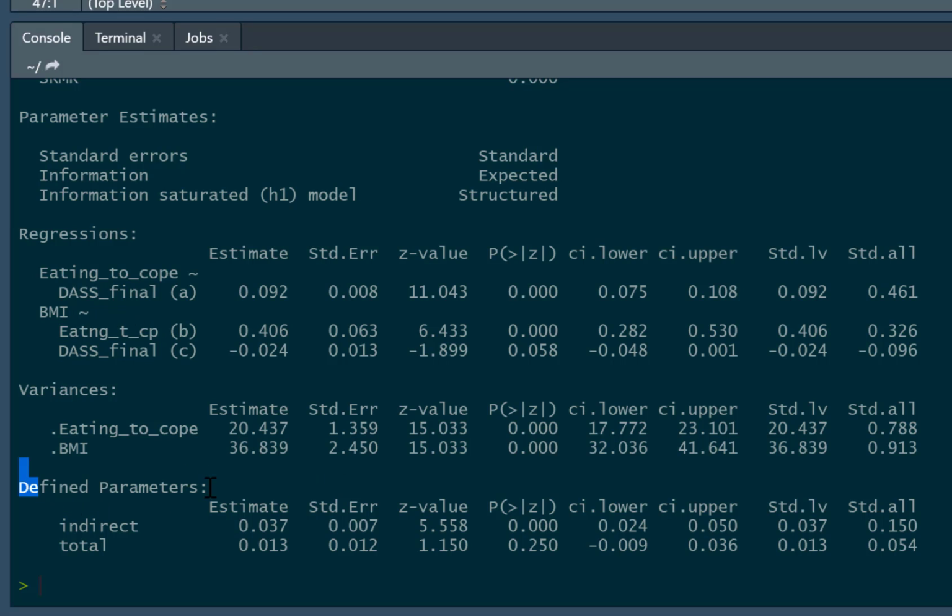And then we've got defined parameters. These are our new things. So we've got our indirect effect here. As you can see, we've got our statistically significant indirect effect with our regression coefficients, its standard error, confidence intervals, and it as a standardized value as well, and our total effect as well. So the total effect is our regression coefficient here, its standard error, p-value, and confidence intervals, and the standardized version